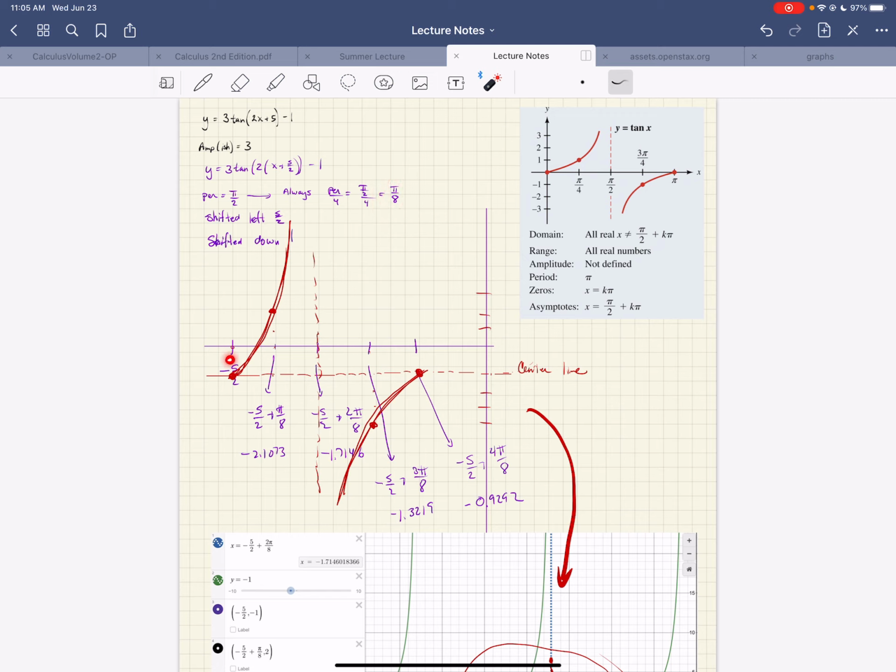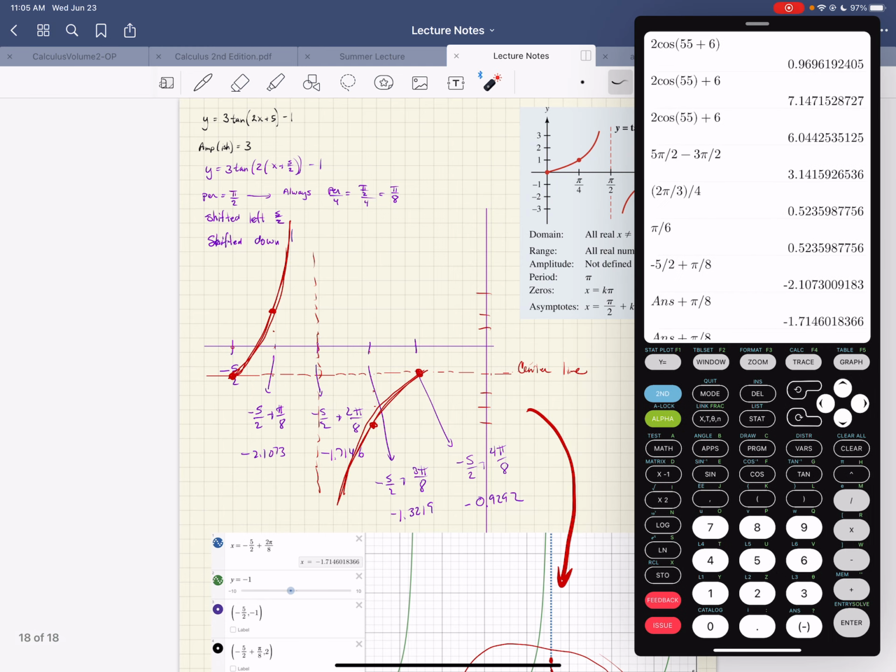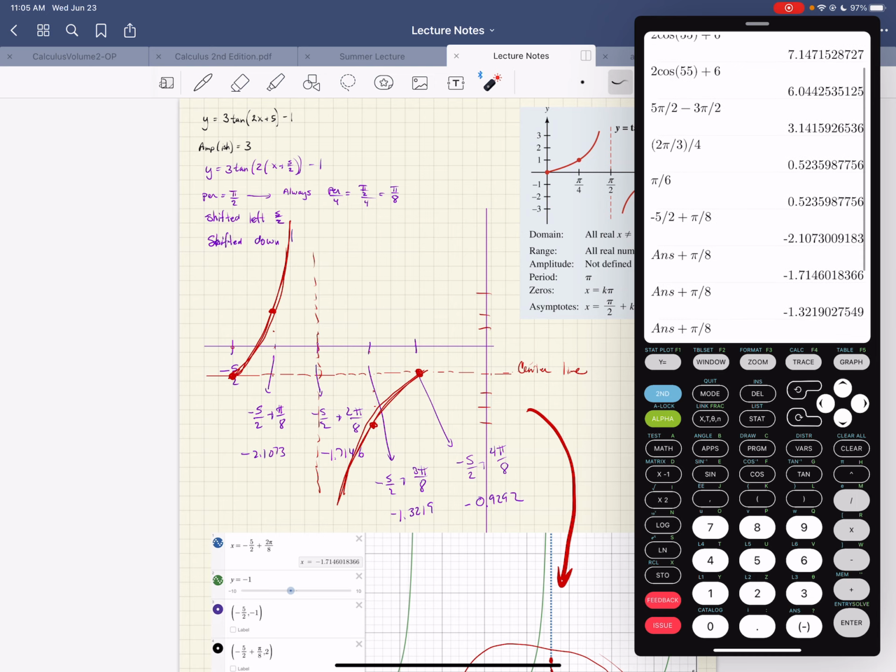So we go negative 5/2 plus pi over 8. And you can see that is right here, this one. And there's the negative 2.1073. Then if I add another pi over 8, it would be 2 pi over 8. I know that's pi over 4. But if I do that, we're at negative